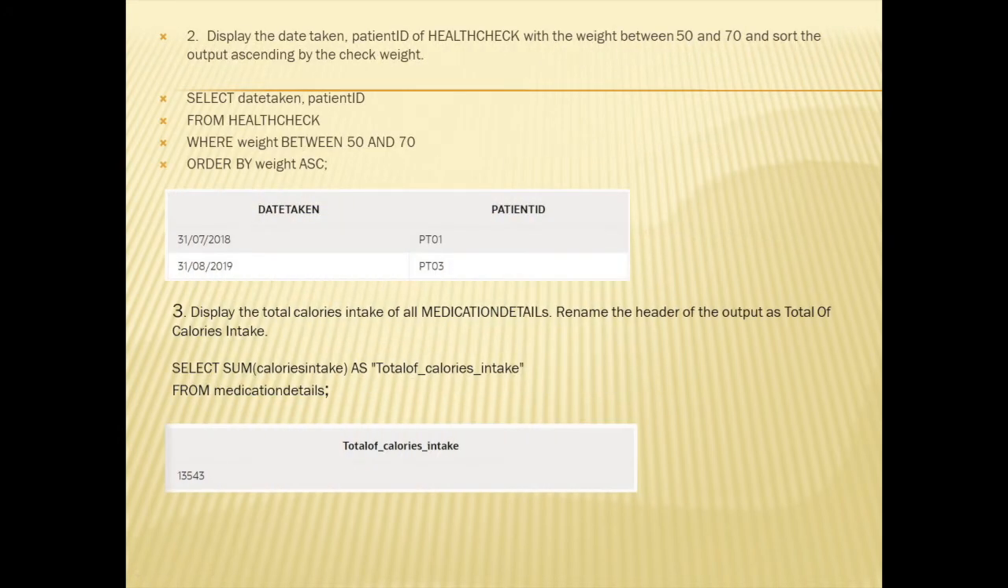Number 2. Display the date taken and patient ID of health check with the weight between 50 and 70, and sort the output ascending by the check weight. The command is select date taken, patient ID from health check where weight between 50 and 70, order